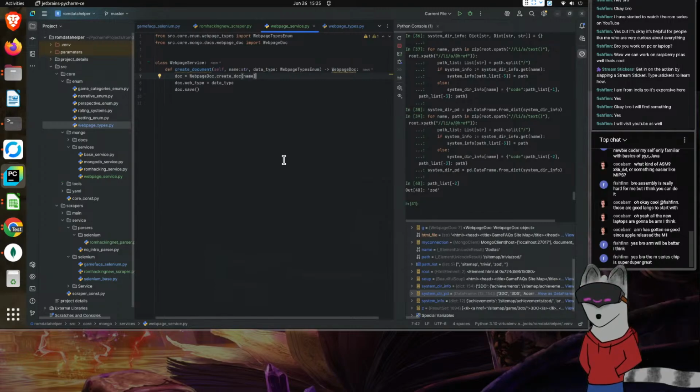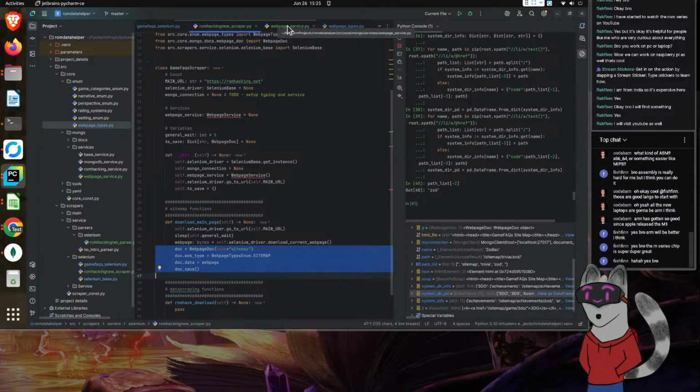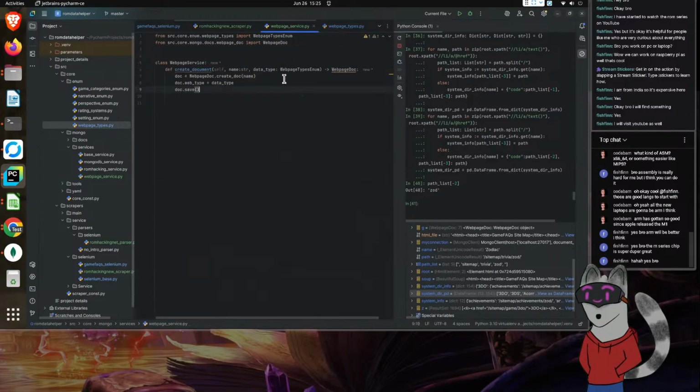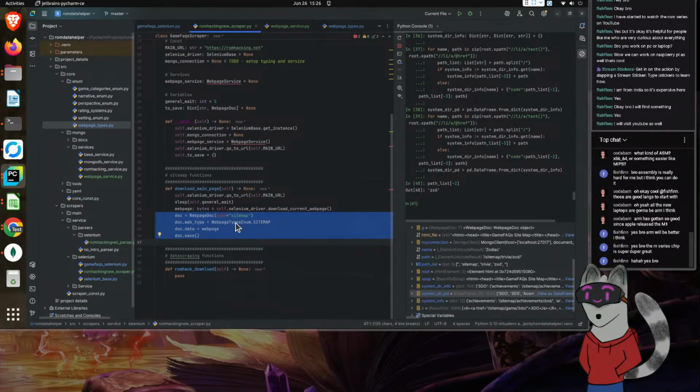All right, so let's see here. So for the web service, we want to create the documents. We're also going to have it establish our connections. So let's see here. We're trying to eliminate the full amount of code that we're going to need.